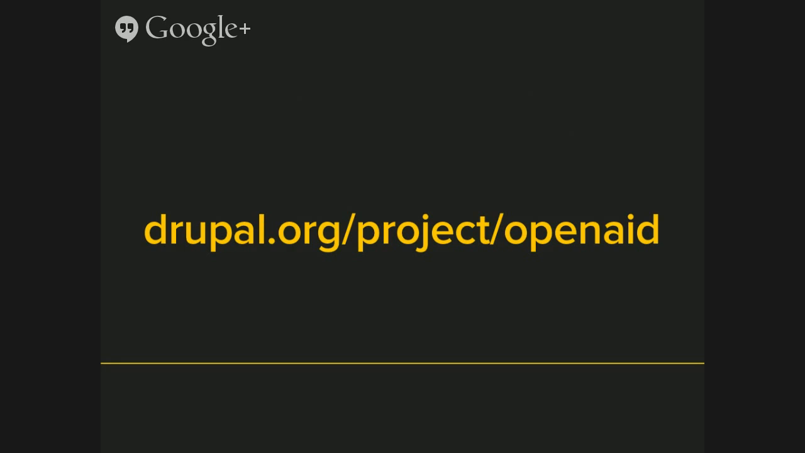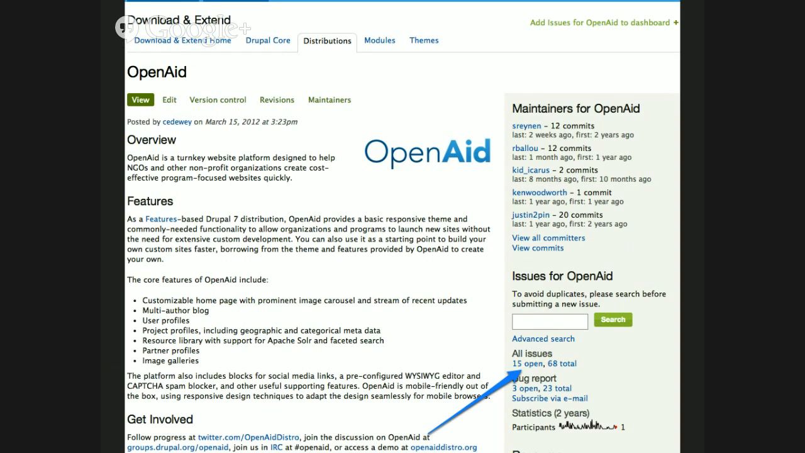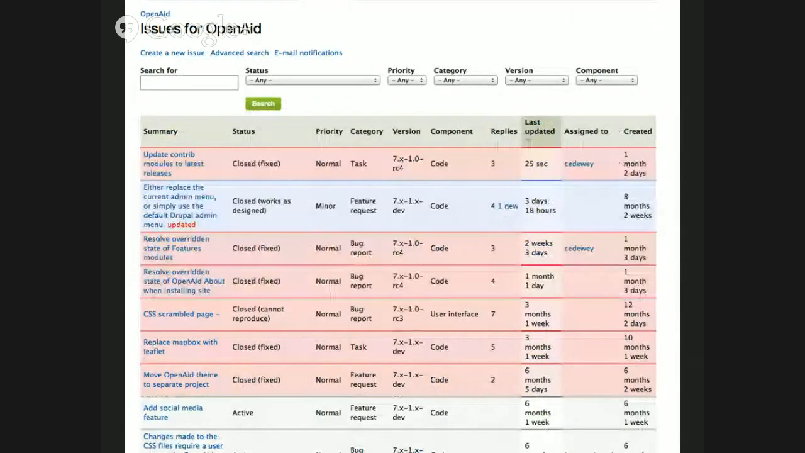So there's the project page to download OpenAid. And from the project page, you can find the issue queue and see what there is to work on. Although really that's more like talk to me, because OpenAid 2 isn't really being tracked here. But current issues with the current version of OpenAid are. And so if you